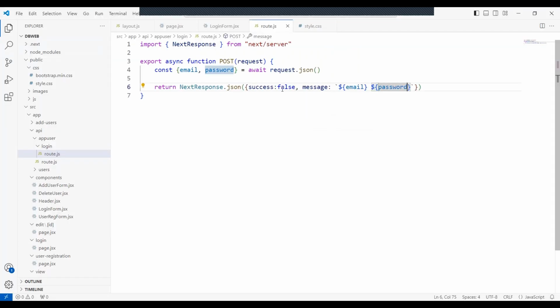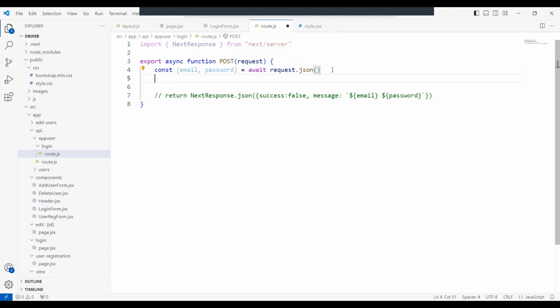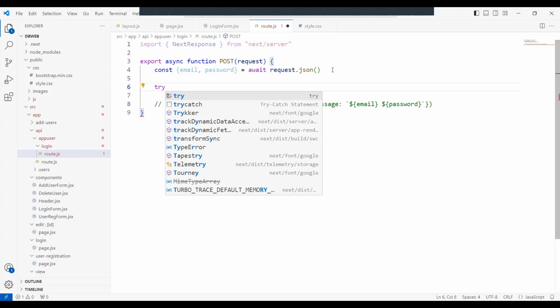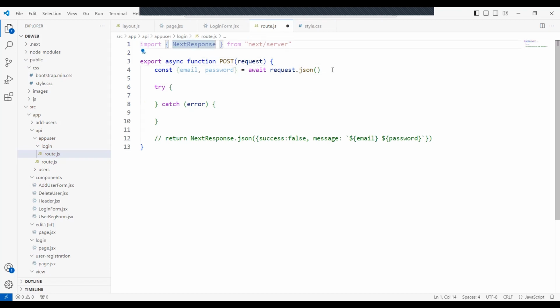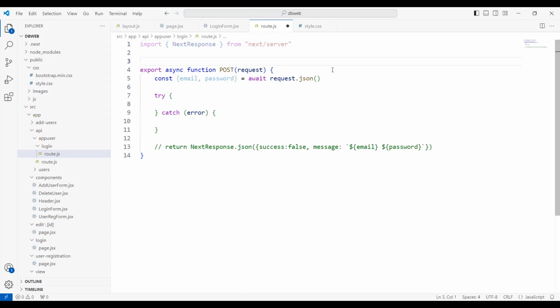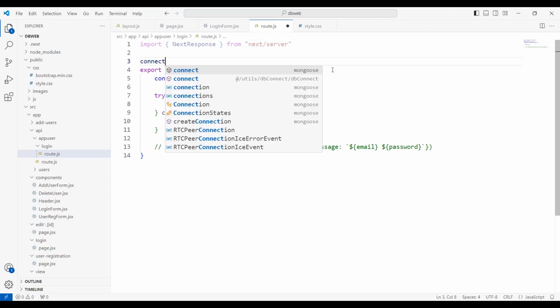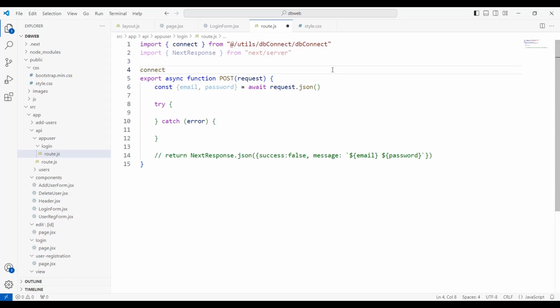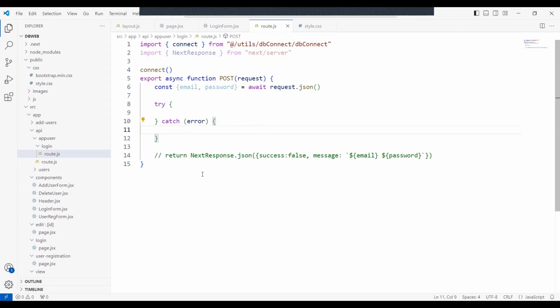Now we will create the login logic over here. I will just comment this out as of now. So we will use a try catch function, and before try catch we will import our Mongoose database connection code. So for that, we'll just write connect and we will import it from our function file from the utils like this. And now inside catch, we'll just return this,